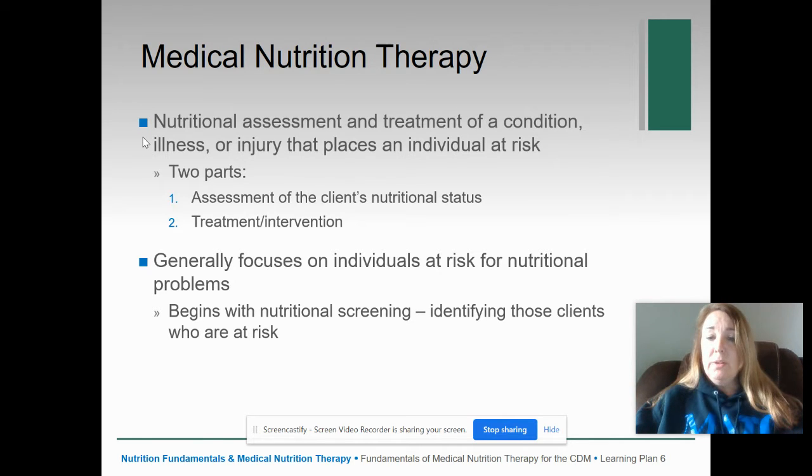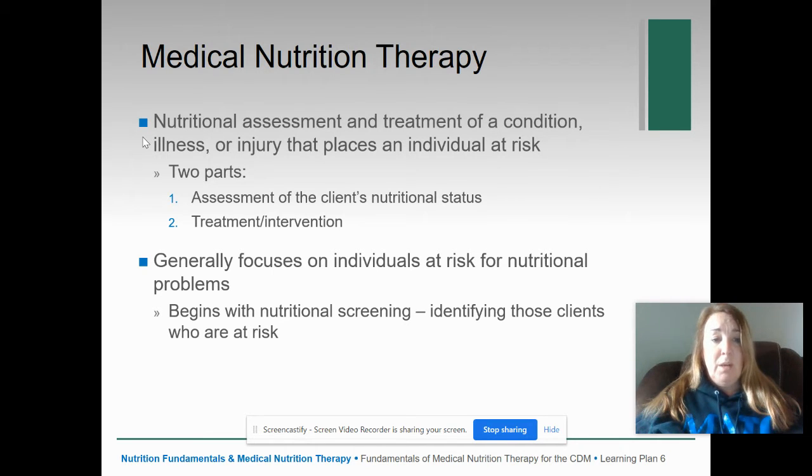Okay, there's two parts of MNT, and the first is assessment of their nutritional status, and the second then is what we're going to do about it. How are we going to intervene to improve that person's nutritional status? So, in the example that I use, someone with swallowing problems, that's our assessment that they have that swallowing difficulty. Our treatment and intervention is going to be to provide them with foods that are safe for them to